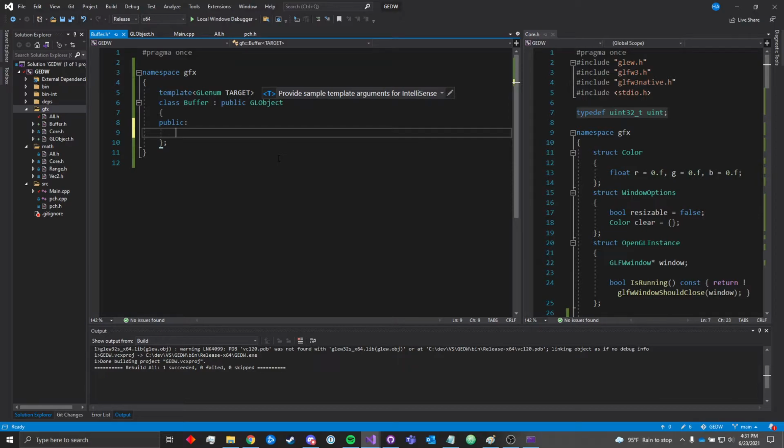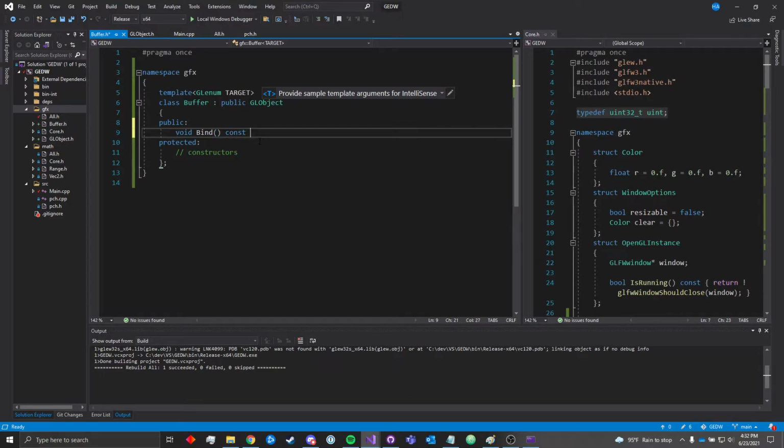So in our class here, normally, as I said, you'd have your constructors in this public part. But because we don't want to be able to instantiate a buffer like this, we want to do it through one of the child classes, like a vertex buffer class or an index buffer class, we're going to use a trick, which is making our constructors protected, which, if you remember, prevents the outside world from accessing them. But it will allow our child classes to access them, which is exactly what we want, because we want those to be able to instantiate this, obviously, but we don't want to be able to create one ourselves. So we'll do that in a minute. But first,